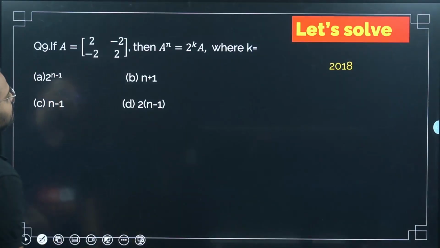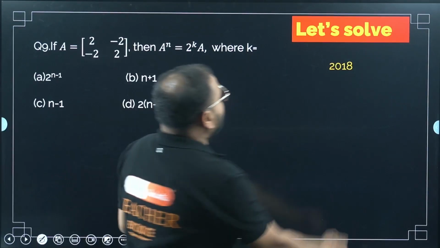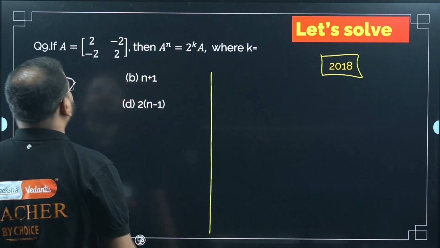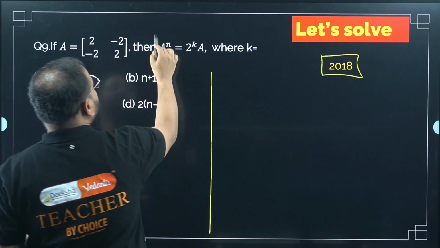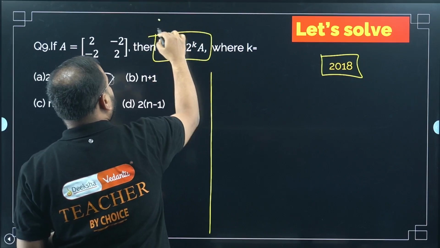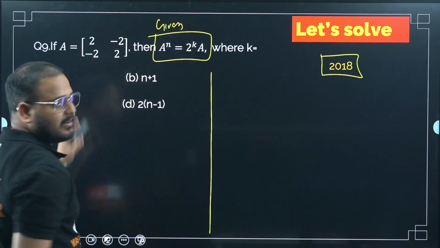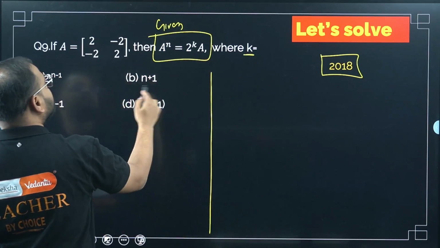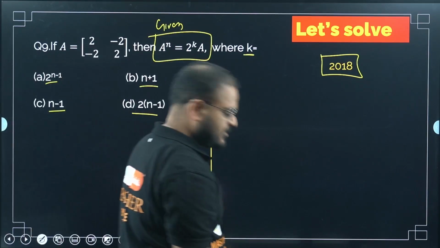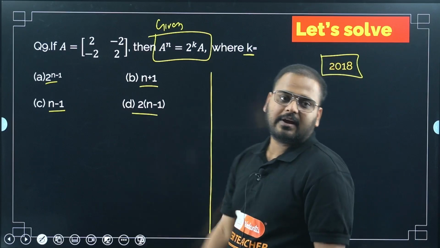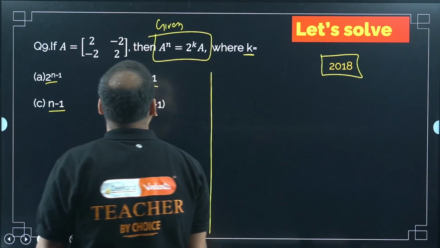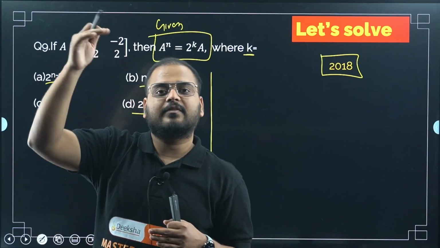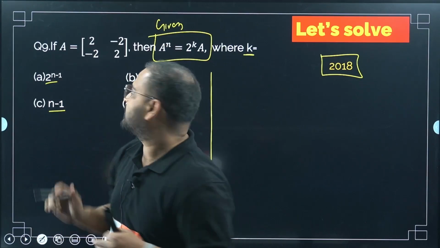Okay, this is a good question. Asked in 2018. Again P by Q. Let's see how we can solve this. A is given. And they're also saying that this is true. This is a given condition. Alongside the matrix, they also give this condition to you. They're asking us to find the k value from this. It means you have to find k in terms of n. Please look at the question. You find k in terms of n. Alright. So we'll try to get a general result for a positive index of the matrix. So n is what?